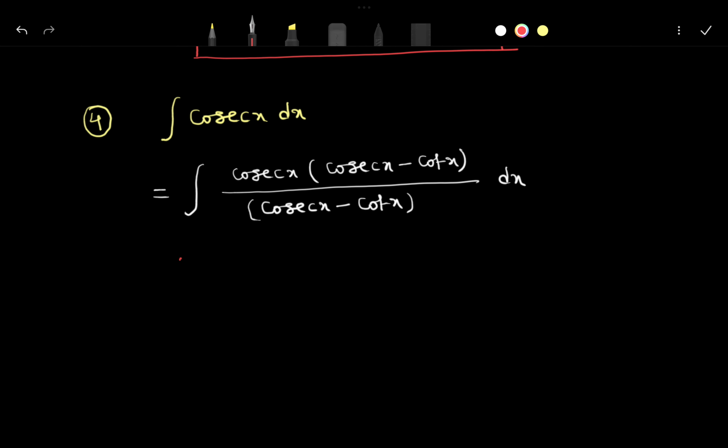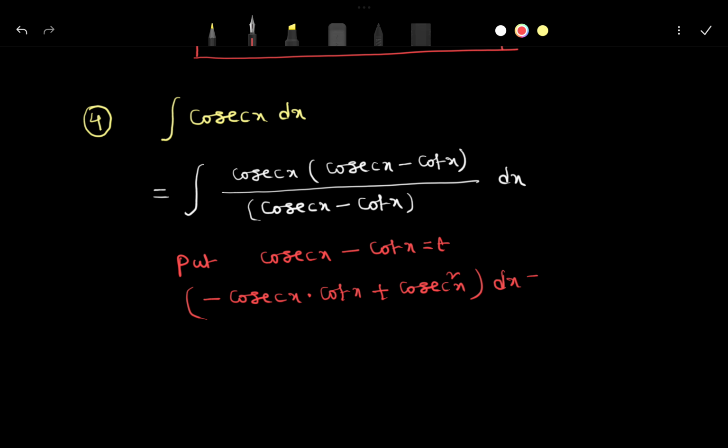See here, put cosecant x minus cot x. This value is t. Now differentiate this on both sides with respect to x. What is the derivative of cosecant x? The derivative of cosecant x will be minus cosecant x cot x, and the derivative of cot x will be minus cosecant square x, so minus into minus gives plus cosecant square x, into dx